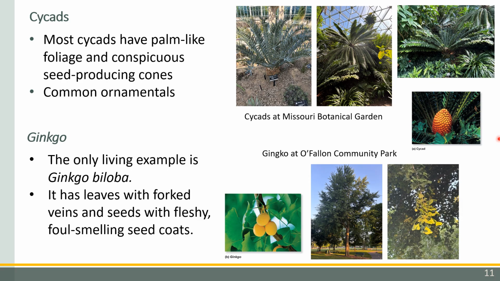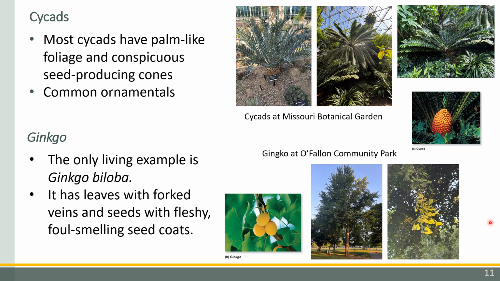Cycads have these cone-like structures that either produce pollen or they produce eggs. And these cone-like structures emit odors that attract beetles. Most of our pollination is going to occur in the angiosperms. In the gymnosperms, generally, they're going to be wind pollinated, but there are some examples like beetles that can pollinate the cycads. Our second group, ginkgo, has only one living species,